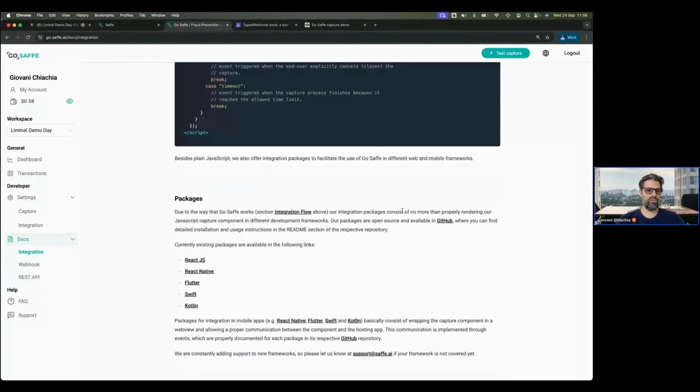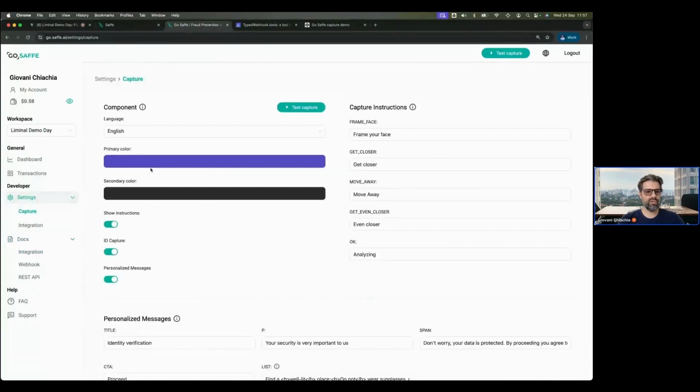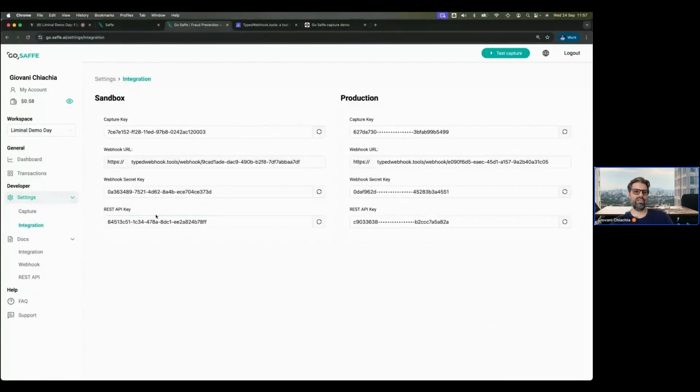And in this console, you can not only have access to the documentation, but you can also do things like setting up the capture interface, having access to the credentials, both for the sandbox environment as well as the production environment. So following this